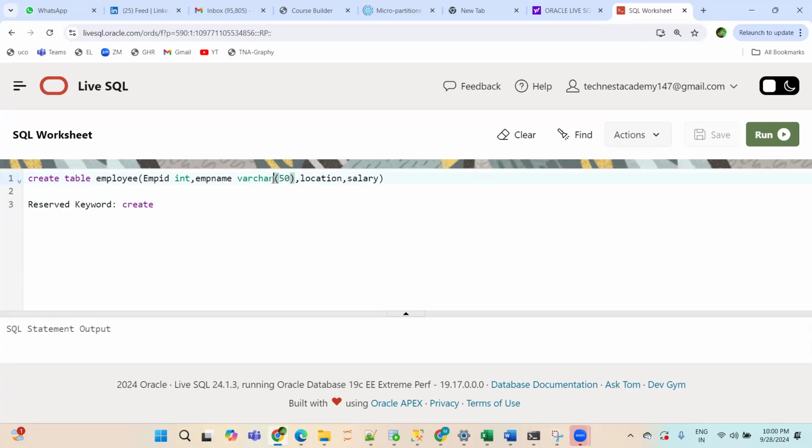As of now, just understand in a column, if you have to store alphabets, you have to write varchar 50. If your question is why 50, I will answer it. Just give me some time. There is some reason why I'm telling 50. If you want to write 100, you can write 100 as well. If you want to write 10, you can write 10 as well. Any number you can keep it here. But my recommendation is keep it 50 for the timing.